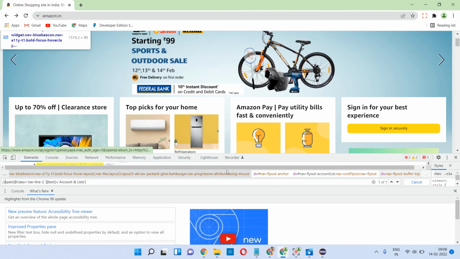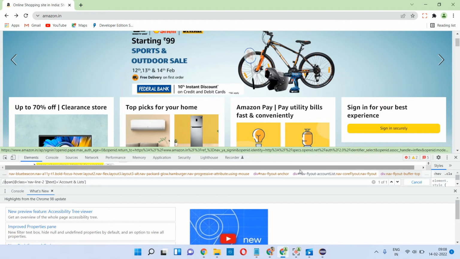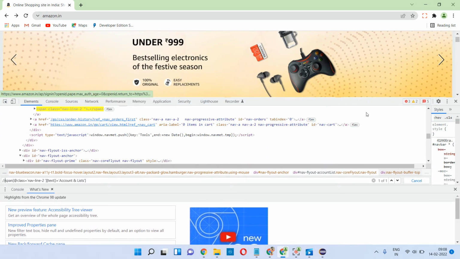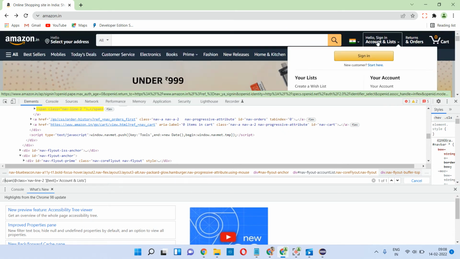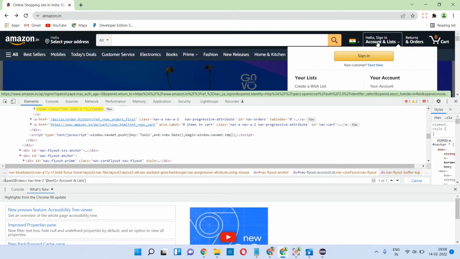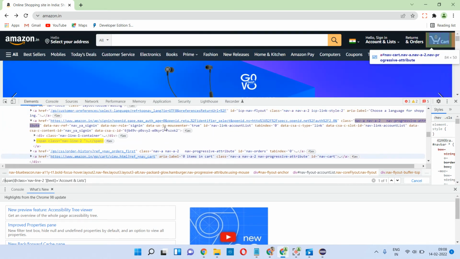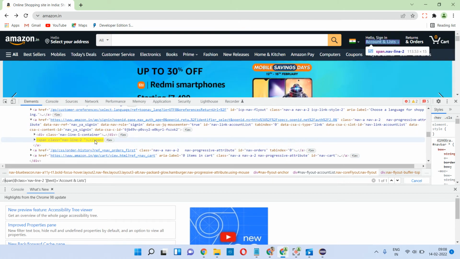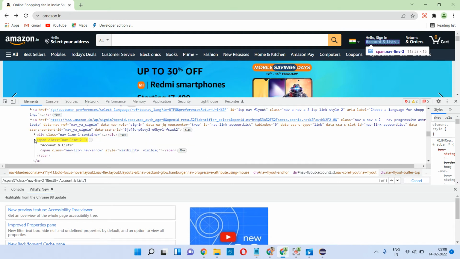Here it is highlighting this. This is the XPath I have taken for this span link. That's why I have taken the span tag and the accounts equal to list. In this way I have taken accounts and lists. So here it is highlighting, right. This is the XPath I have followed.